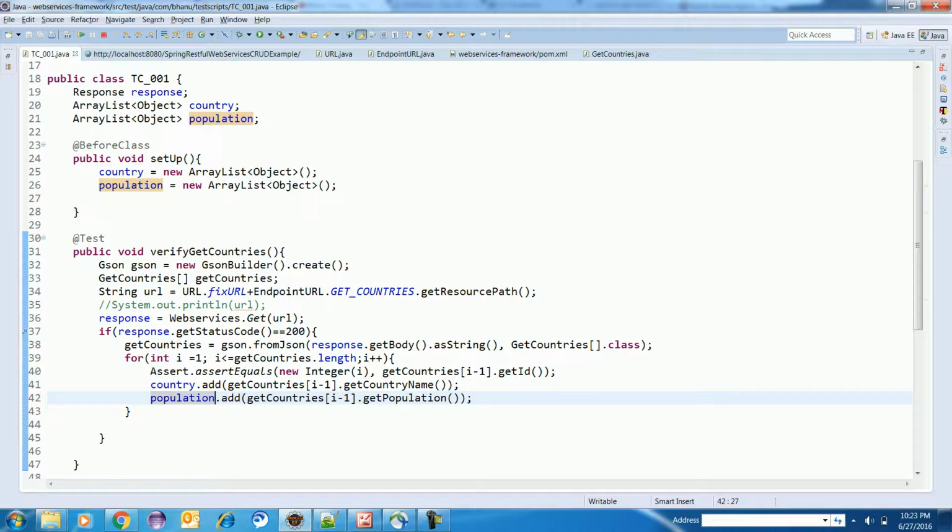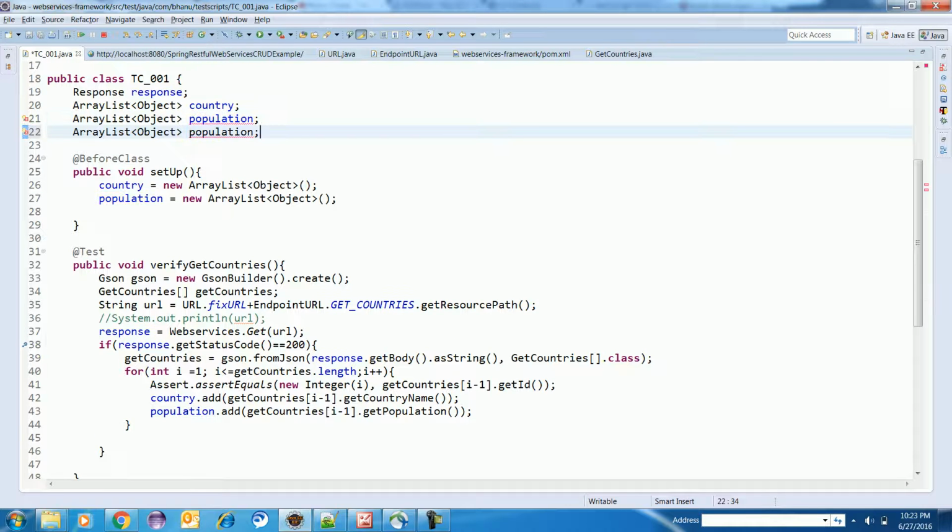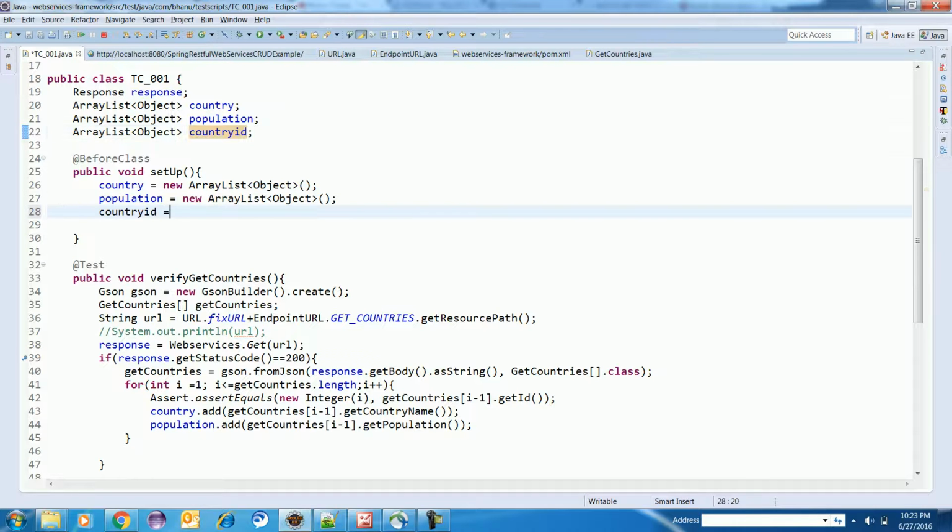populations. Now in fact I will make one more array list to store the ID on the runtime. So here I can write country ID, and I can make the object of that country ID. Done, these three are done.